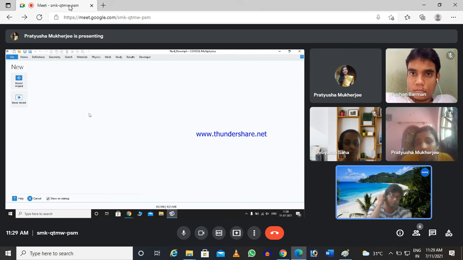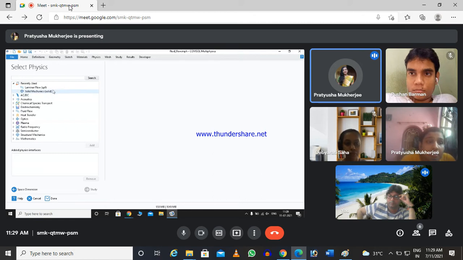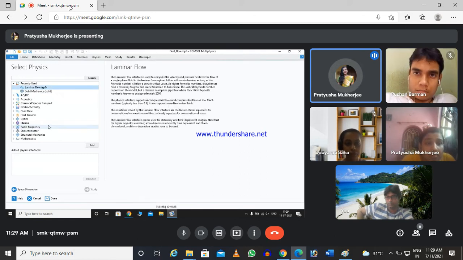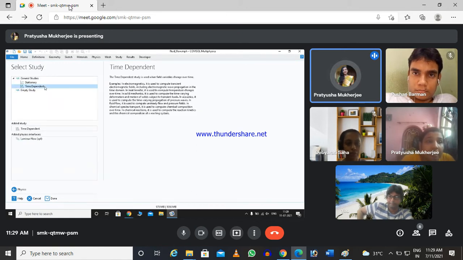First open the console and go to the model wizard, then select 2D space, go to laminar flow, add it, go to study, select time dependent, and then done.